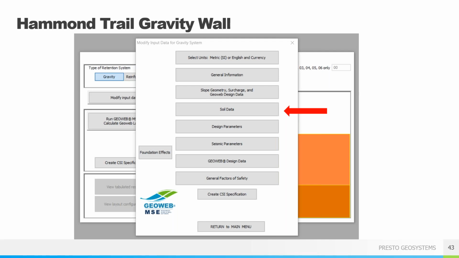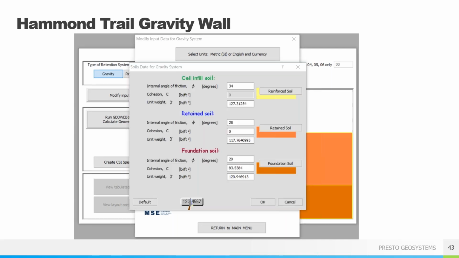So soils is our next spot. Like I said, it's better to get that from a geotech report. You can also assume, of course, some soil parameters, but just make sure you are a little bit conservative. Those soil properties are the internal friction angle, cohesion, and weight. There are 3 different areas that we look at.